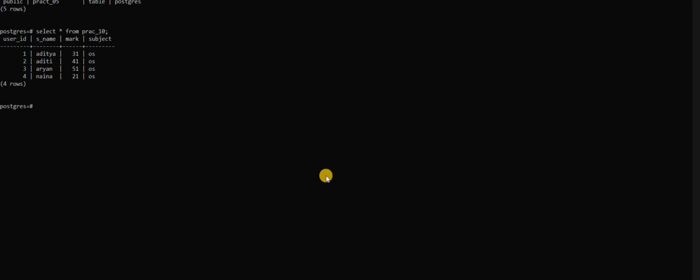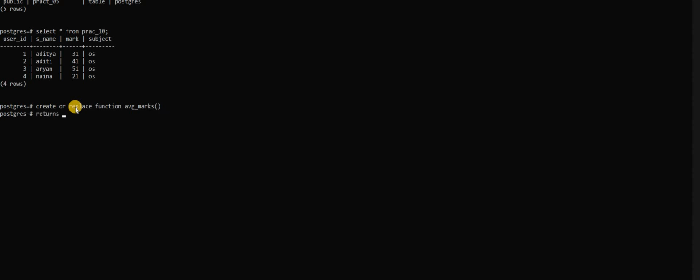Now the next thing you have to do is create or replace function average_marks, then put brackets and press enter.